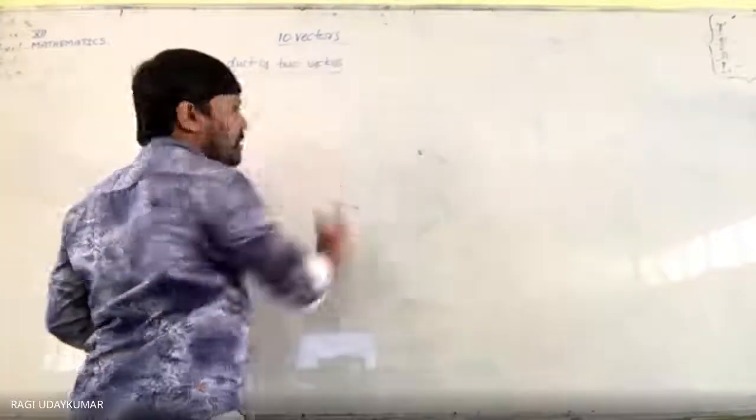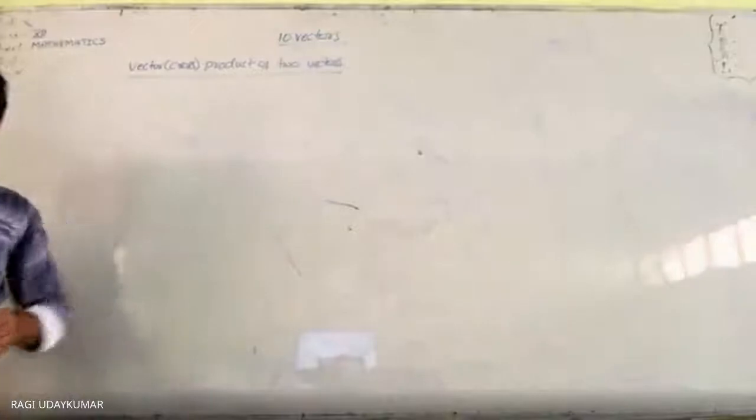Vector cross or dot product we have learned in the previous class. Now the cross product, we are going to have in two different ways. Normally, product of the matrices, product of the numbers you have learned. So here the product means, in the vectors case, dot product and cross product.